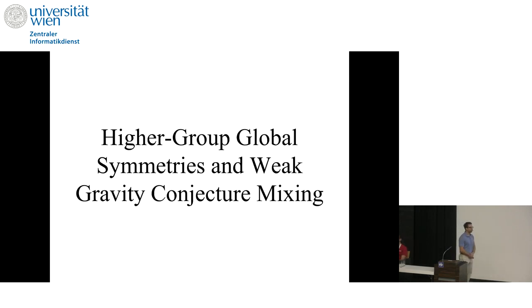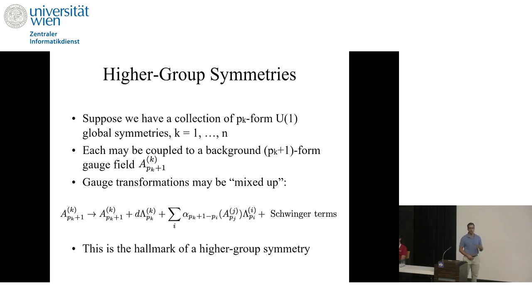The weak gravity conjecture is also connected to another generalized notion of global symmetries called higher group global symmetries. In a theory with multiple higher form symmetries, we may couple these symmetries, in general, to background gauge fields, and we can consider the background gauge transformations associated with these background gauge fields. In the most vanilla case, these background gauge transformations will take the simple form A goes to A plus d